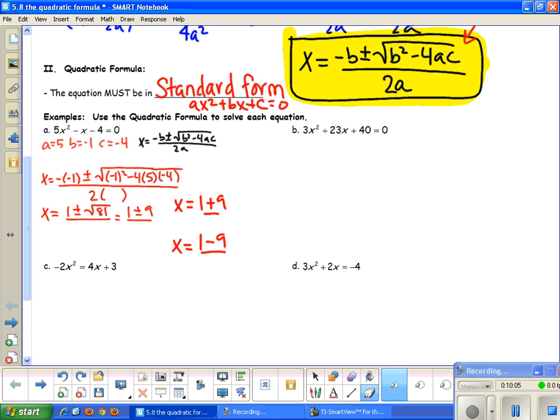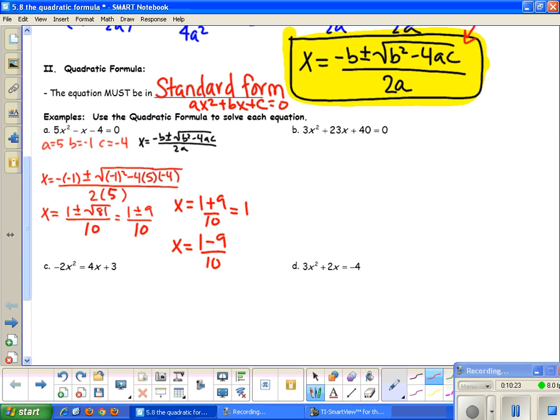And my A value is 5. I accidentally wrote my C value when I did that, so this should have been a 5 here. So this would be 10, 10, 10, and 10. Sorry about that. Now we have 1 plus 9, which is 10, and 10 over 10 gives me a